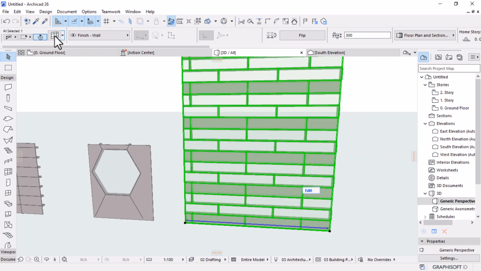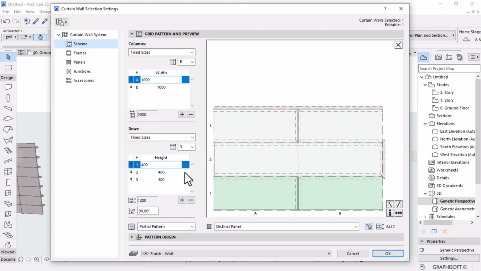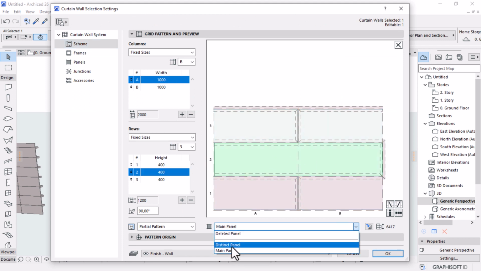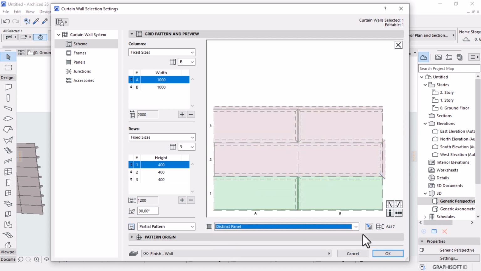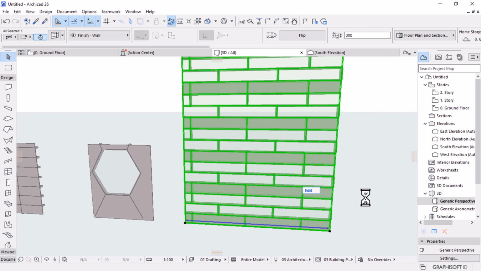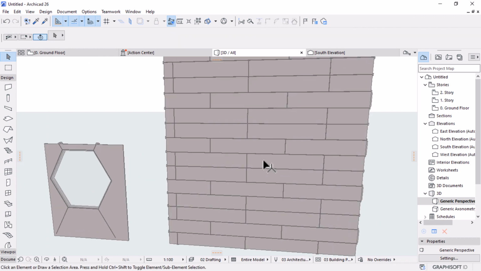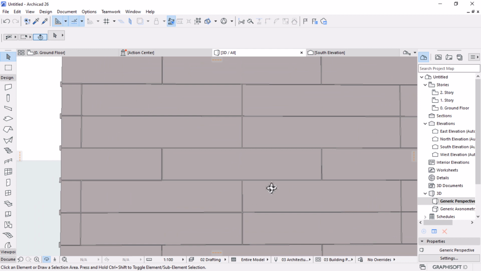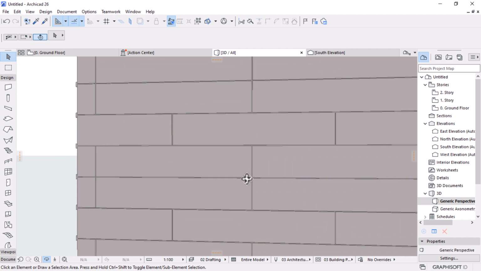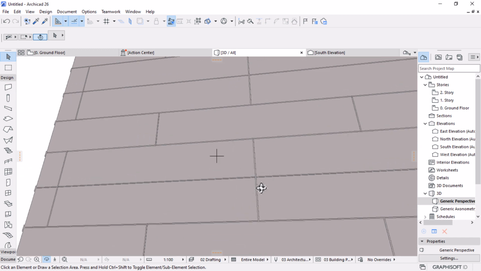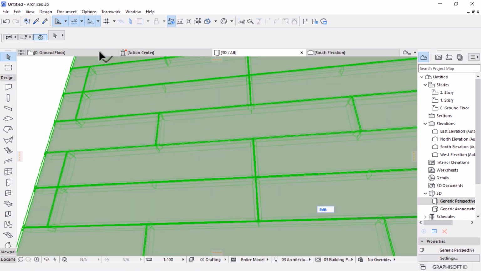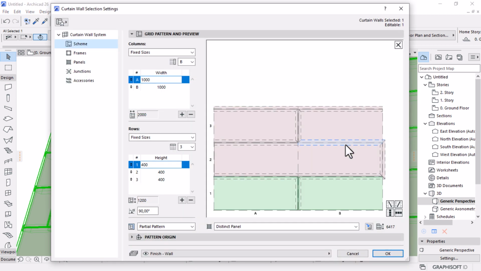Okay, and then let's go back and change all this to be distinct panels. Yes, so that you can have something like this. If you analyze your pattern, you see we have this kind of joint. It's not allowed in brick bonding, so we need to get rid of this joint. So let's go back and say, instead of having this, we need to